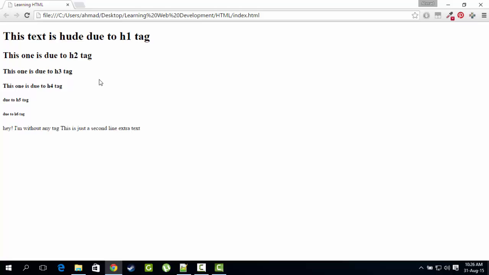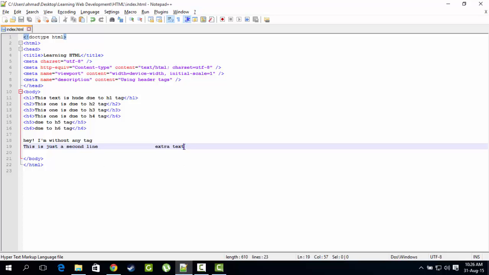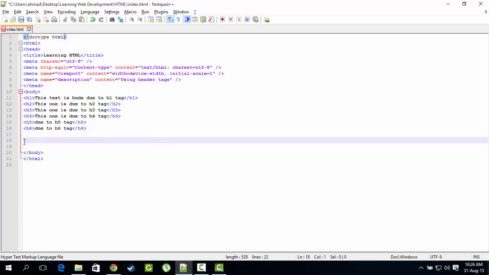Well, strictly speaking, we should put every bit of text we have inside a p tag, because that tells the browser that it's a paragraph and it will be nicely formatted. So I'm just a first line of paragraph.